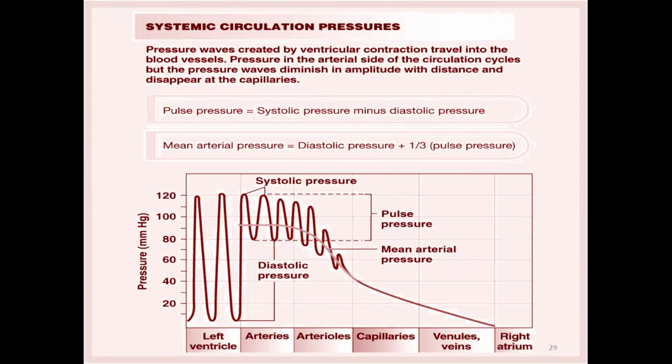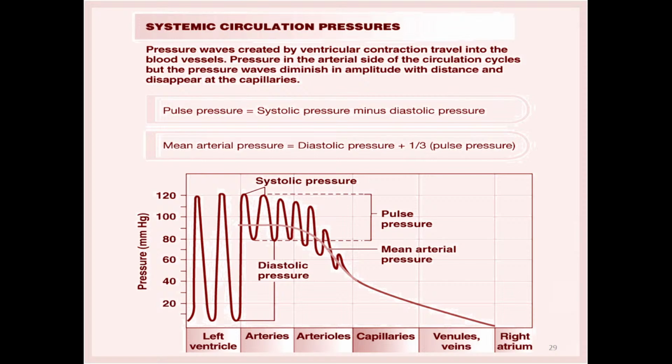And some more specific characteristics of the systemic circulation. Blood pressure is the force of blood against a blood vessel wall. Blood pressure is highest in the aorta because the pumping action of the heart forces blood into the aorta. The figure on this slide